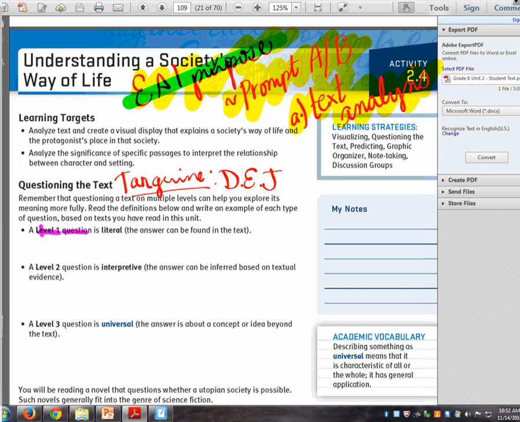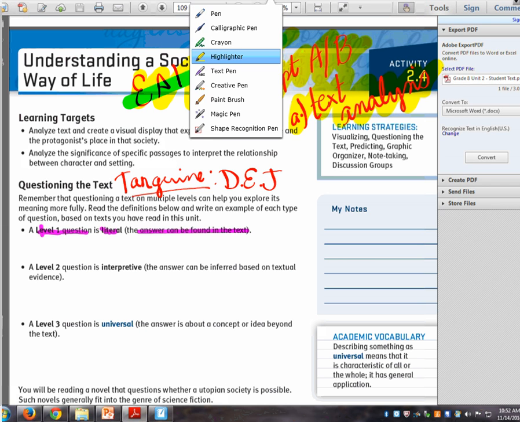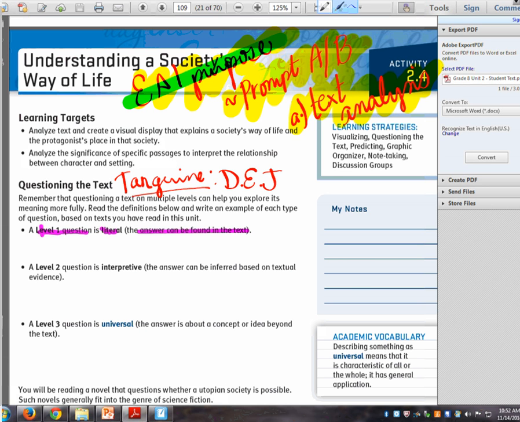Okay, so level 1 question, literal. Okay, what does that mean? The answer is in the text itself. It's not a fancy type of answer. It's there. It's black and white. I can find it. So an example of a level 1 question, and notice guys, I'm writing in blue so you're not copying this, could be,